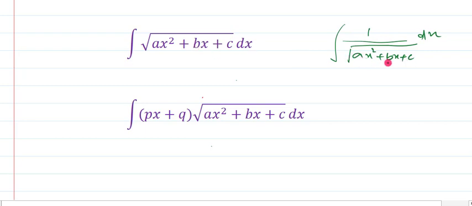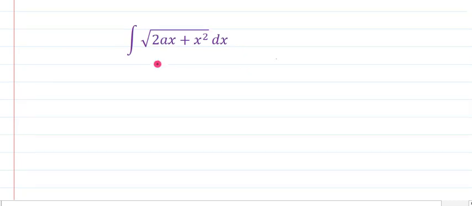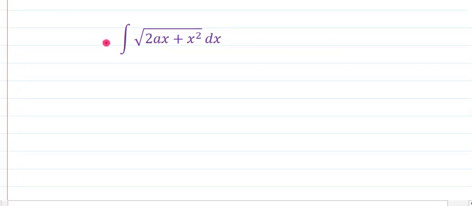So similar wise, as we have done over here, completing the square method, we have changed it into the standard identities. Same over here, we'll use completing the square method to convert them into the same 3 standard results of integration that we have just studied. So let us take an example of how to convert these problems. So here is the same type of problem in front of you.